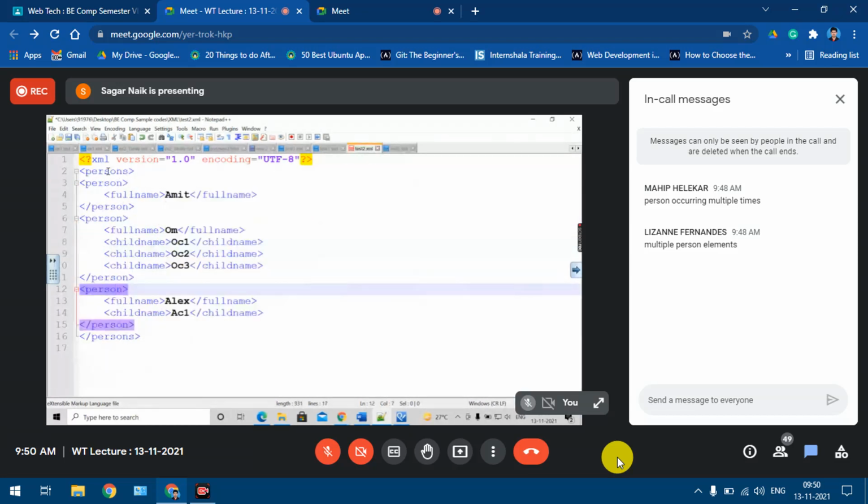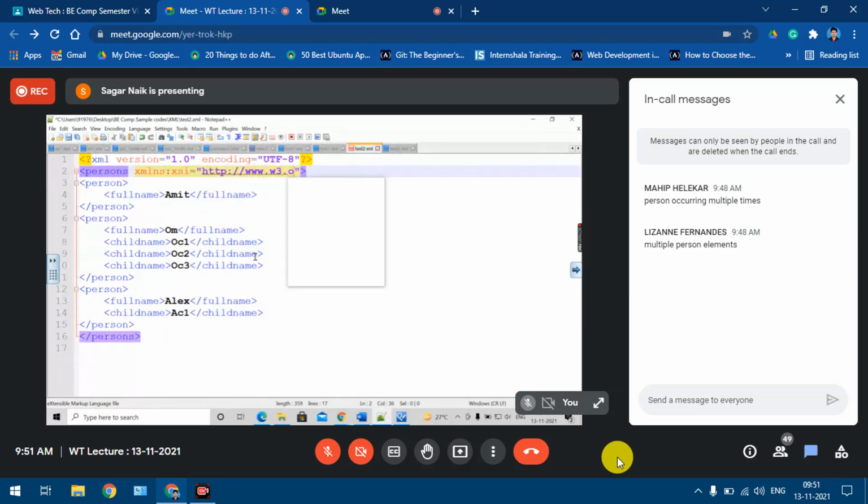Now, to provide a connection between the XML file and the XSD file, I'll have to go into my root element and provide those two attributes. The first attribute is similar to that one, xmlns:xsi equal to http://www.w3.org/2001/XMLSchema-instance.